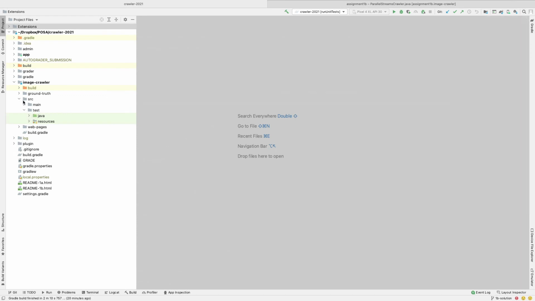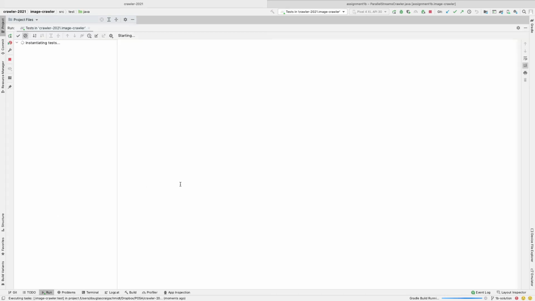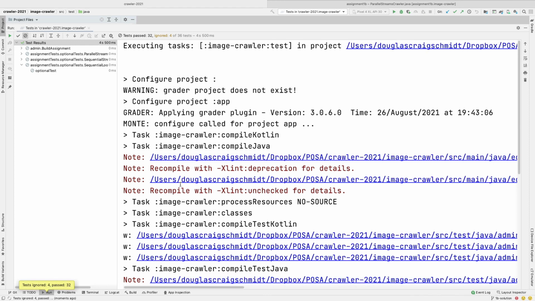The other way is to come in here into the left panel, and you click down to source, test, and then Java, and then you can go ahead and run the tests. And this is another way of doing it. There's some benefits to doing it this way. It's typically a little faster after you do it the first time. So as you can see here, the tests are kind of cranking away and compiling and building. And then if you run the test this way, you should be able to see that a bunch of the tests are going to be ignored,